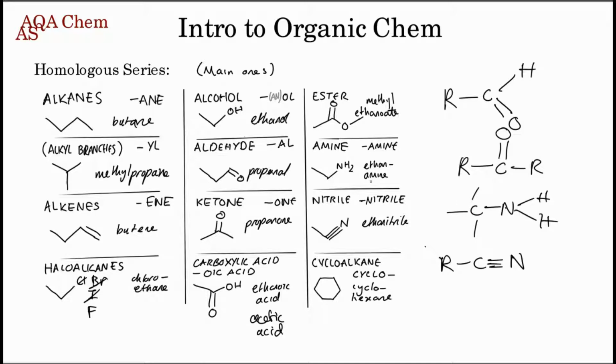And finally, you've got your cycloalkanes, which begin with cyclo and have the same name as alkanes. Although do note that whilst alkanes have the general form CnH2n+2, cycloalkanes, because they all connect into a nice little loop, have the form CnH2n. And those are your main homologous series that you probably should know.